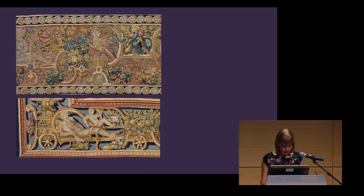Even in the 2 specific cases of the borders with the Flemish grotesques, the difference is very distinct. When looking at the borders of the 3rd edition by the so far unidentified weaver and comparing them to the extant drawings and prints portraying this type of ornament, we notice that aside from the general execution of the figures, which could be due to the hand of the weaver, the overall composition and placement of motifs is far less